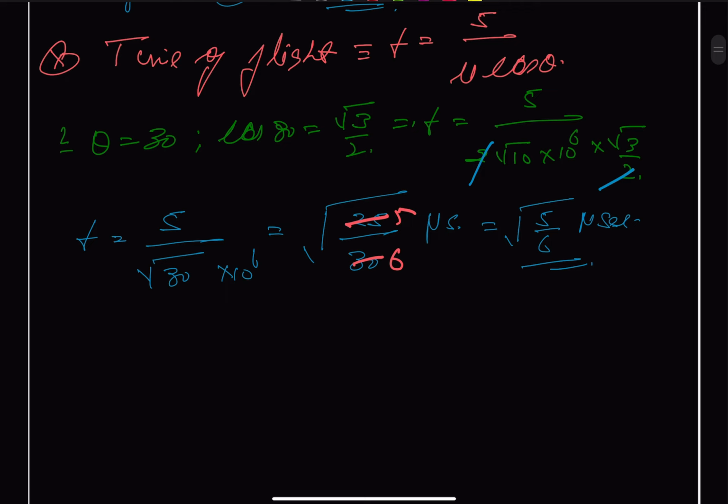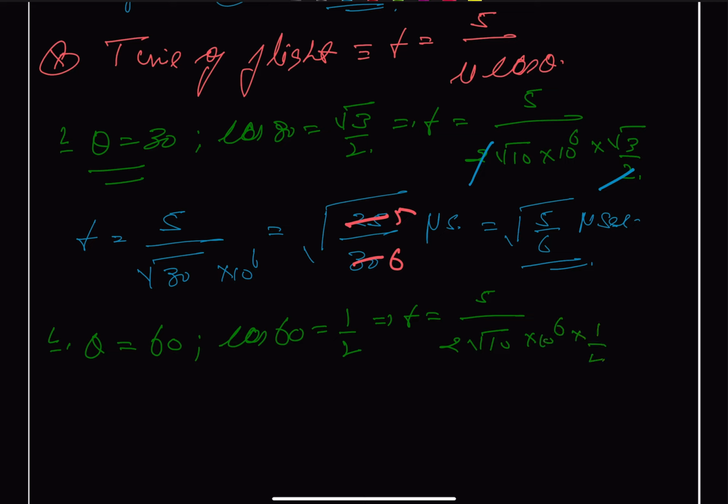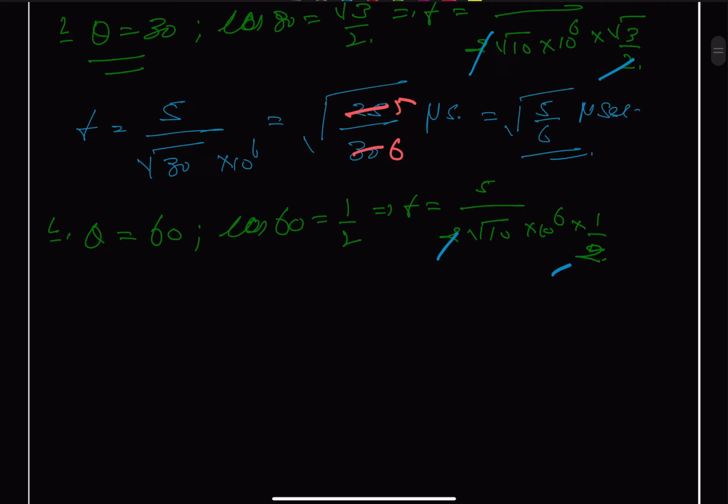And let's find out for the other value of theta. So the other value of theta is 60. We get cos 60 = 1/2. This gives t equal to 5/2 square root of 10 raised to power 6 into 1/2. And once again 2 and 2 cancel out. So we are left with t equal to 5 upon square root of 10